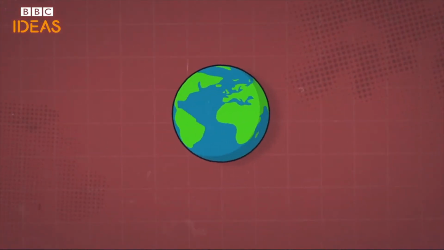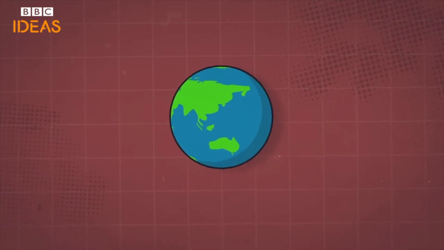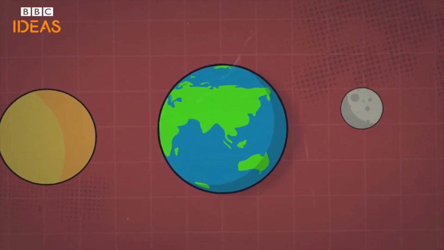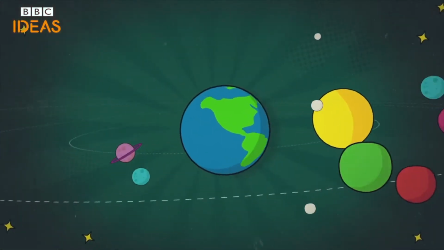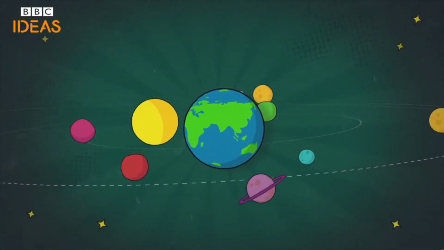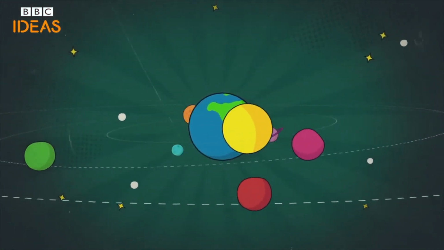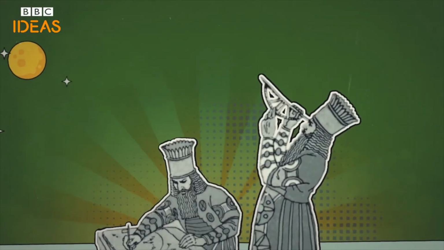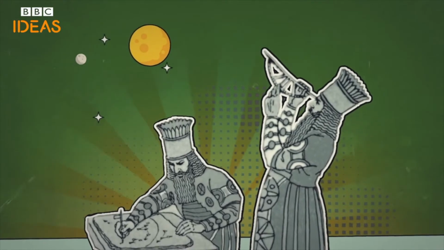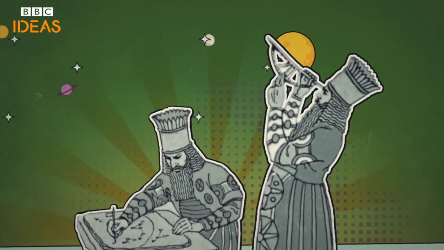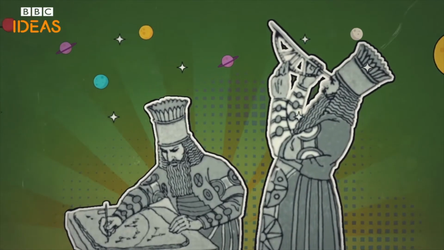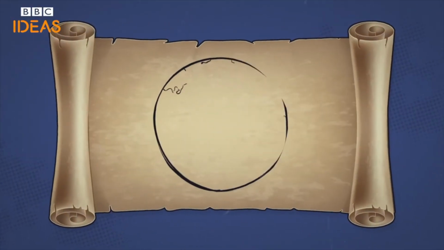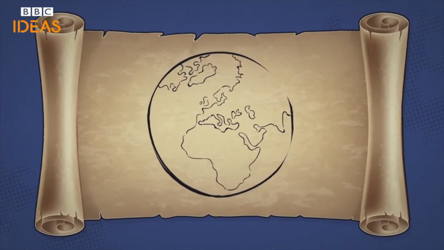The A to Z of isms. Geocentrism. Until the 16th century, geocentrism was the prevailing theory of what the universe looked like. Geocentrism is the belief that the Earth, our home planet, is at the centre of the universe. Everything else revolves around us. This seemed obvious to ancient astronomers. After all, they observed the sun and the moon, the planets and the stars, to move across the sky as we go forward through time, just like we do today. So this must mean that the Earth is in the centre of it all, right?